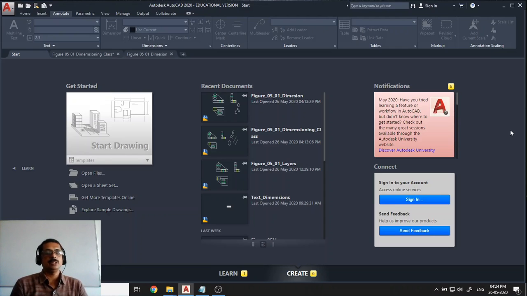In the last session we saw how we can include text in our drawing. In this session we are going to see how we can dimension our drawing, and as you know, without dimensioning a technical drawing will not be complete. So for adding dimensions to your drawing, like what we have done with text, first we need to create a style